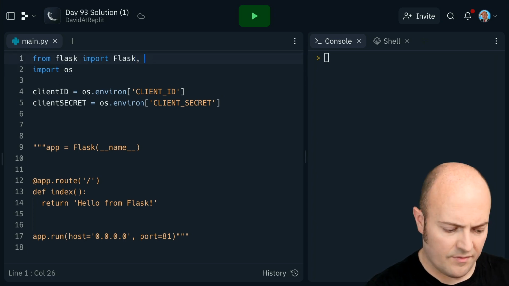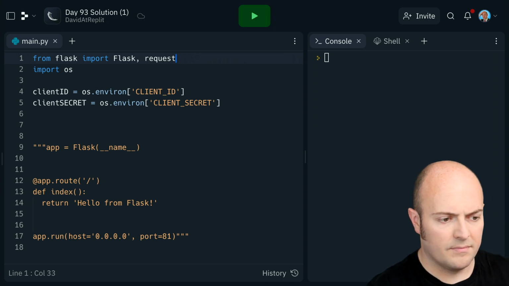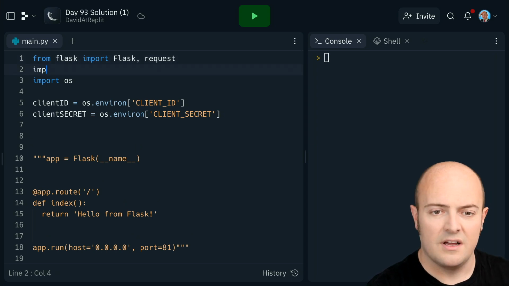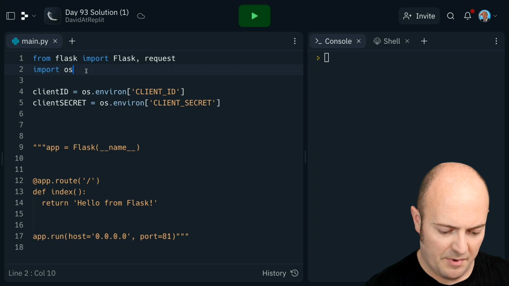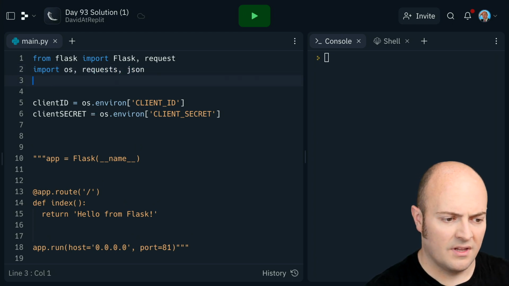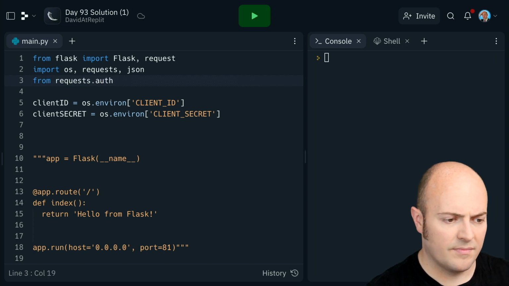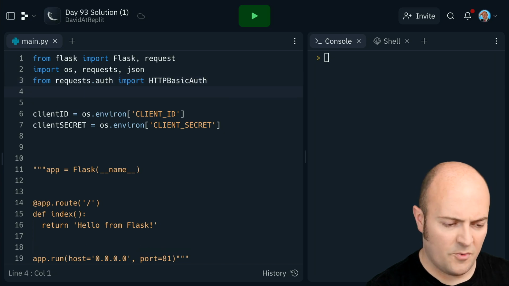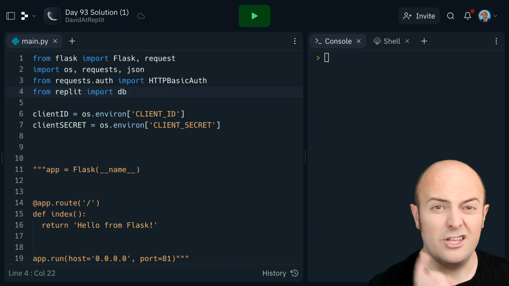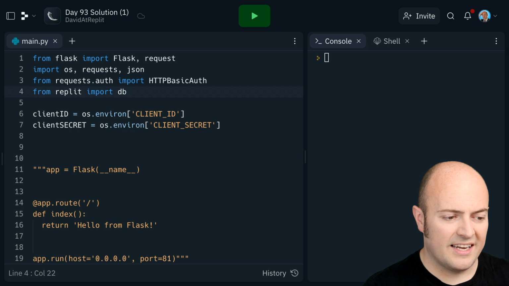So I'm going to bring in requests as well, because I'm going to need to deal with a post command. And this is different from request, which I'll be bringing in as well, which gets a little bit confusing. I'm just going to bring in JSON. I'm going to bring in my authorization code. And I'm also going to sneakily bring in RepLDB, because I'm going to use that for the offset later for the extra marks. But let's start by connecting everything up